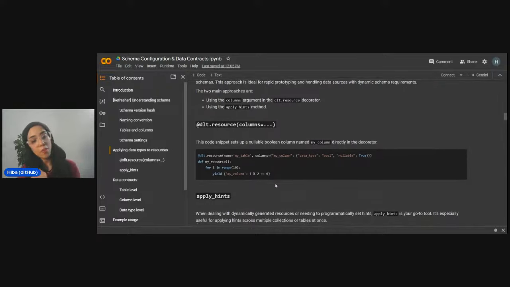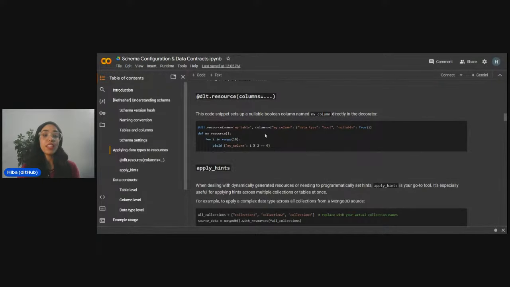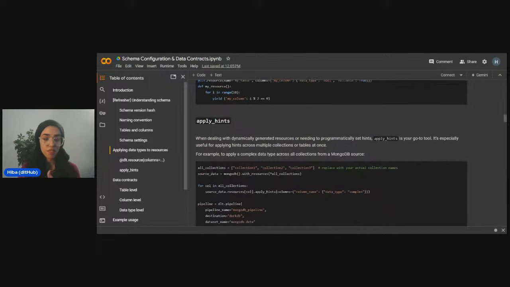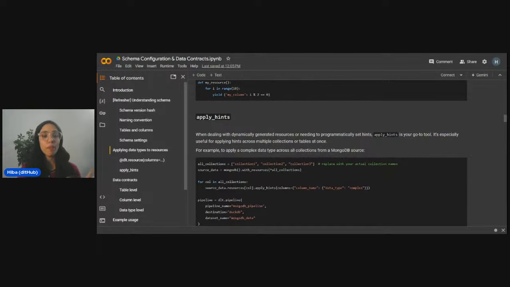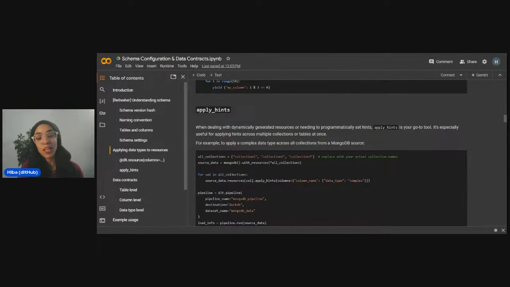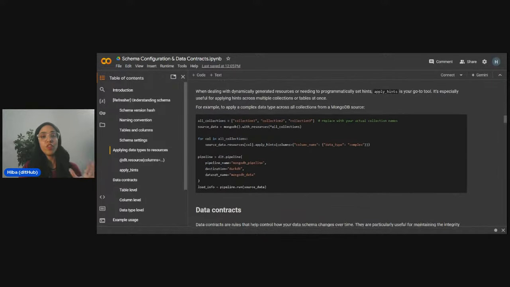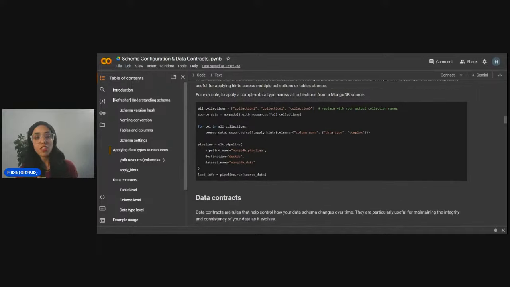And in the other parts of resources or sources where you don't define them yourself, for example, this MongoDB source, which is dynamically generating resources, you can use the apply hints functionality to be able to apply hints to your columns. Right, so now that we've gone over applying hints and applying like preferable things, let's move on to like